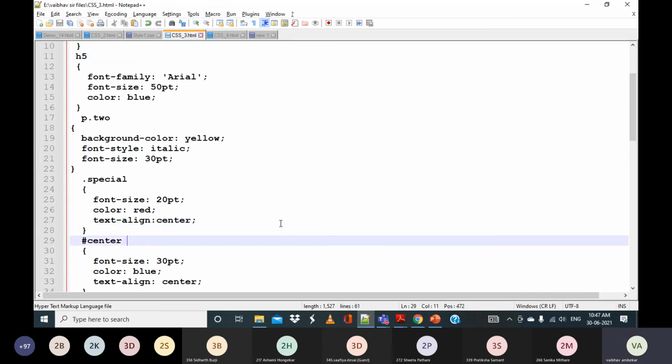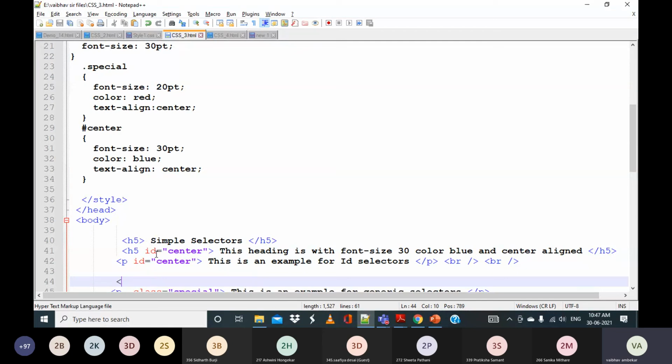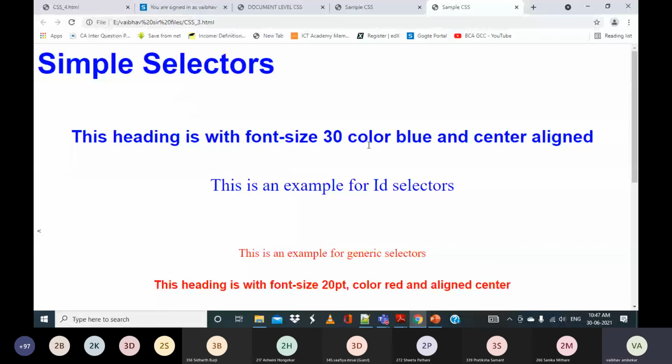Whereas for this particular h5, it will apply the properties of ID selectors, because we have specified the attribute as id equal to center. Let's run this now. Everyone observe only these two.